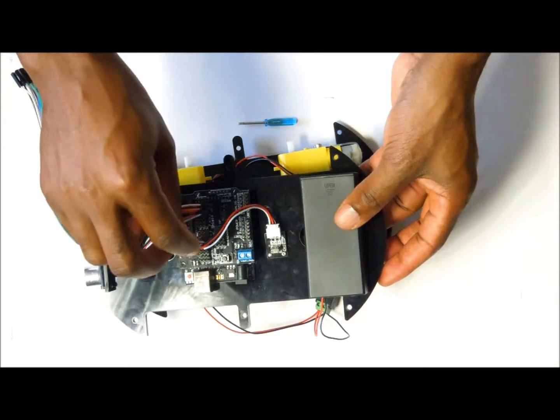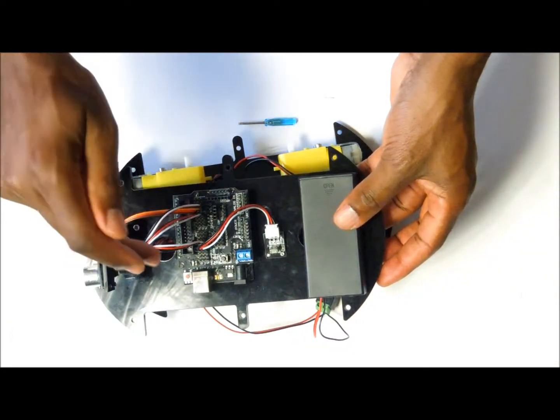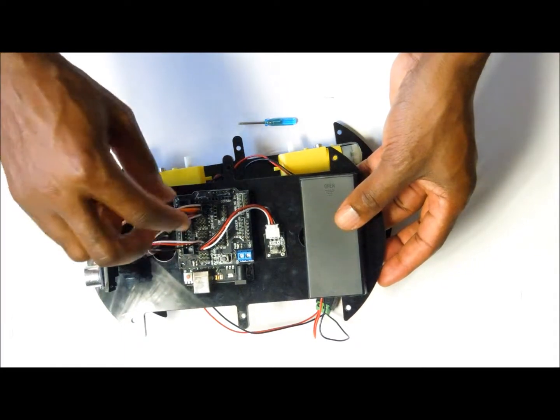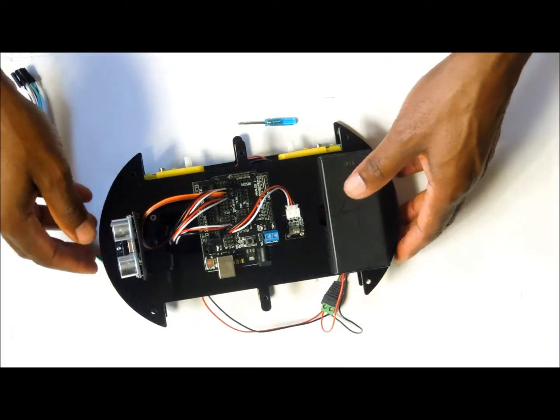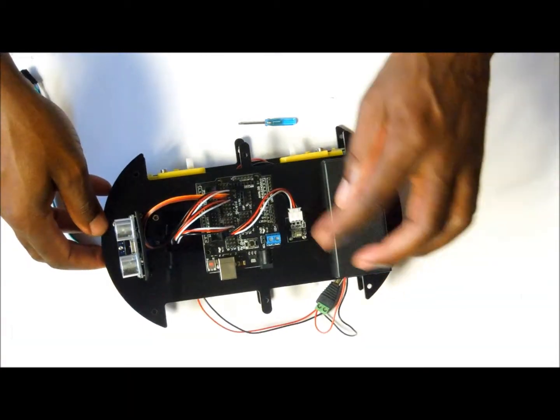The white wire is always going to be the signal, the red wire is for the voltage, and the black wire is going to be our ground. That completes the wiring of the 3 sensors and the IR